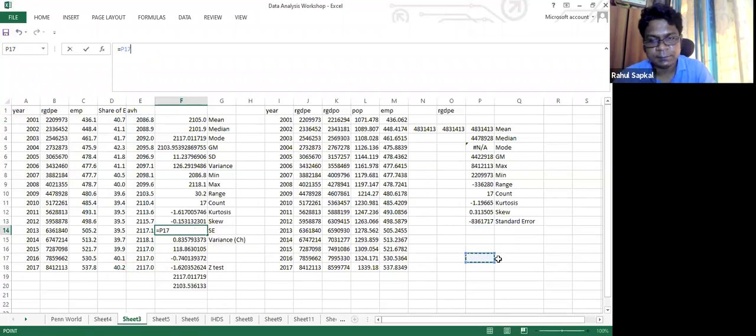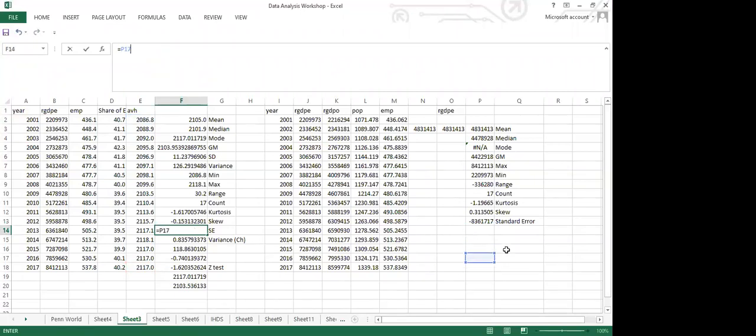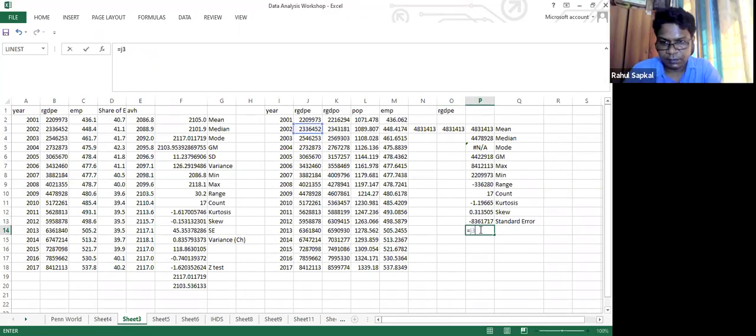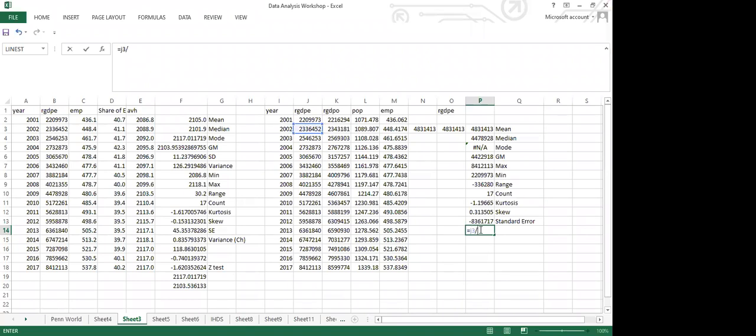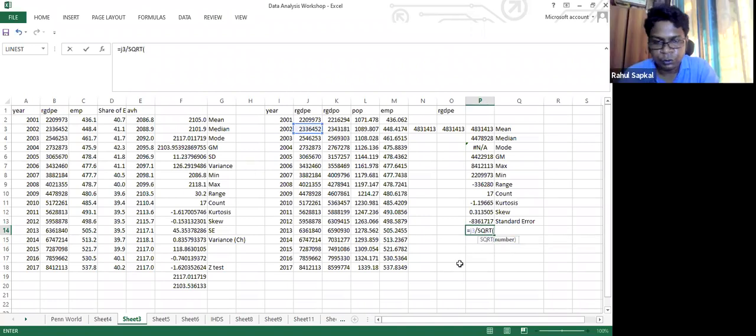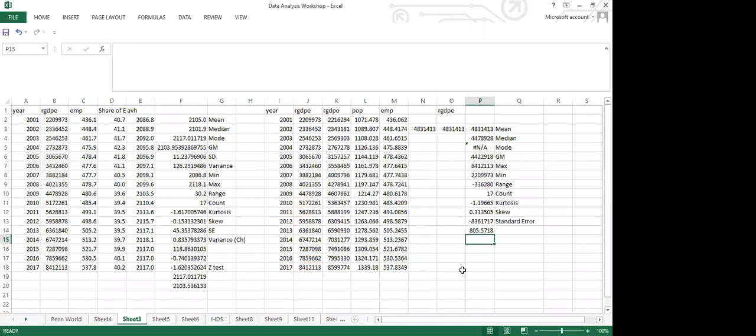I'm just copying this. J3 divided by square root of any value, it will show you the same standard error. J30 or J15. So this is your standard error from the population estimate.